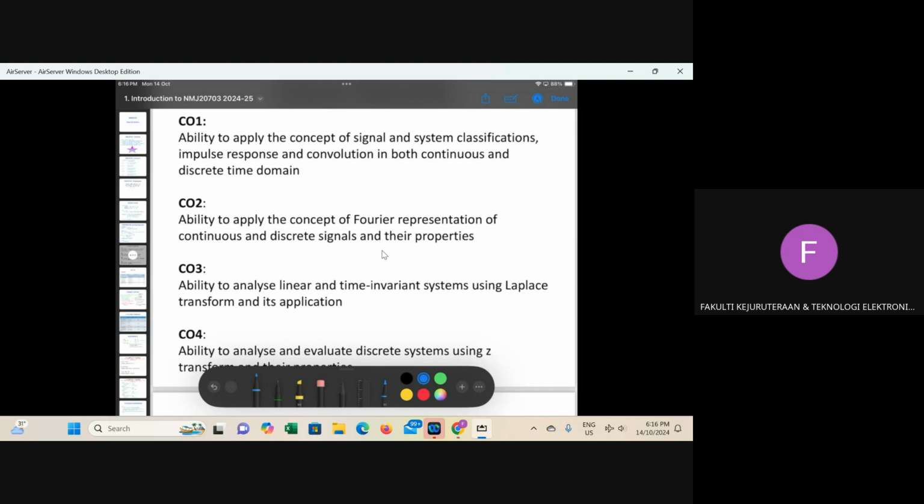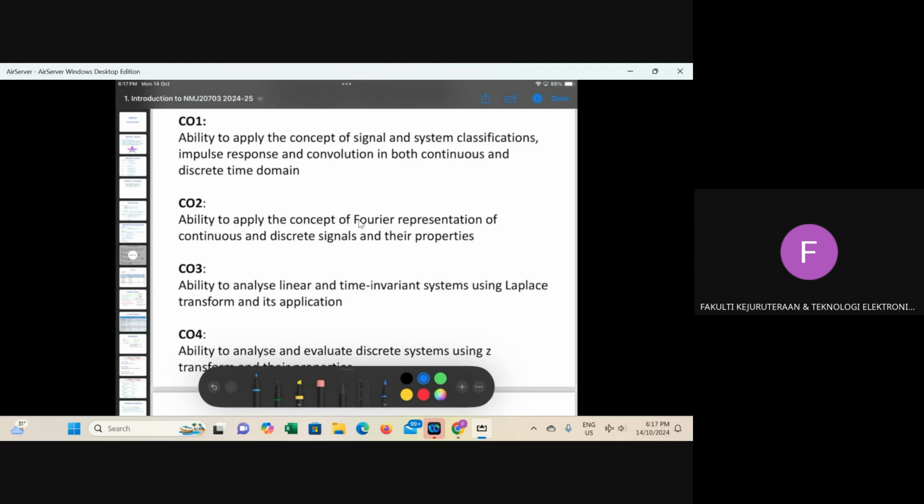So what should you be able to get with this signal and system course? So first, ability to apply concept of signal and system classification, impulse response, convolutions in both continuous and discrete time domains. Okay, and this is CO2. Ability to apply concept of Fourier.